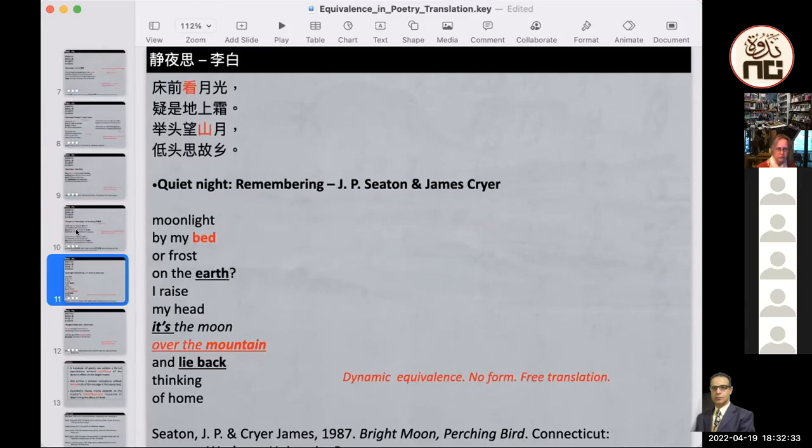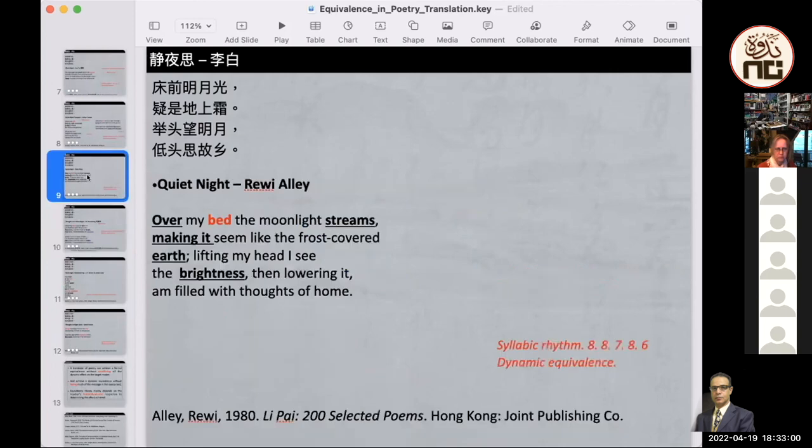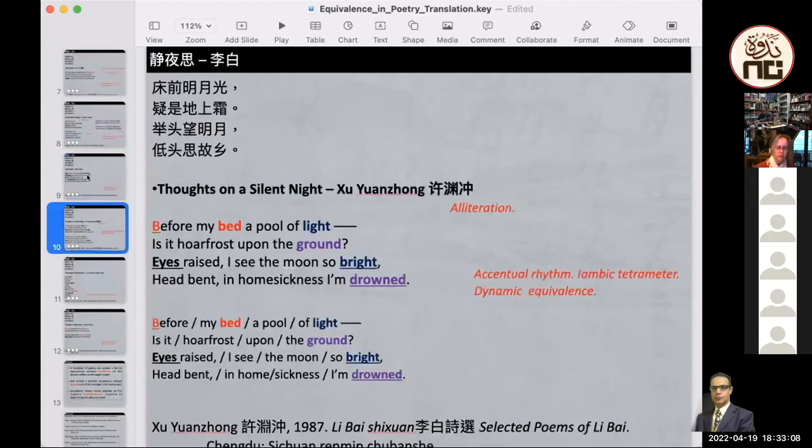But as I said, it depends on the reader. For me, I'm still a classical person, so I still appreciate this kind of poetry. But I say that it's still not very natural. But why I say he did really a great job is because it's not easy. Try it yourself. Why do other Western translators not translate it this way? Because I am sure they cannot do it.